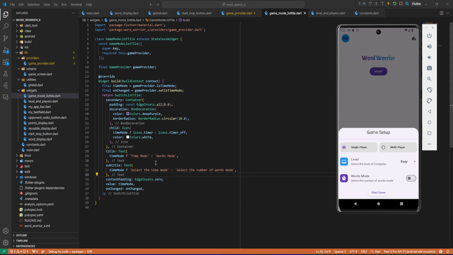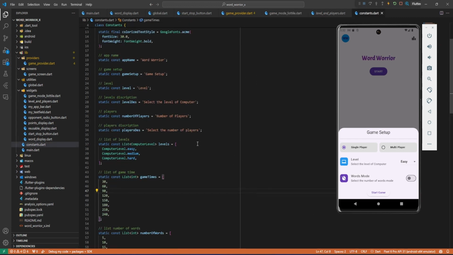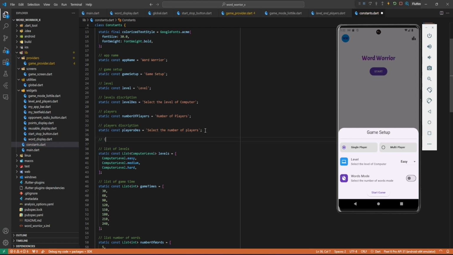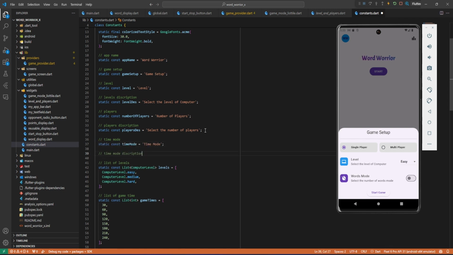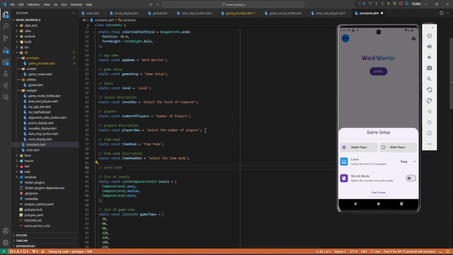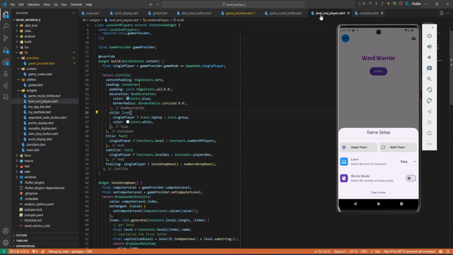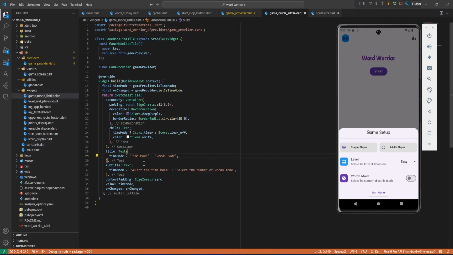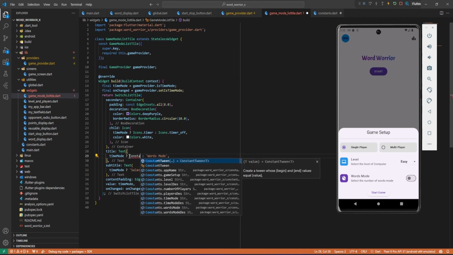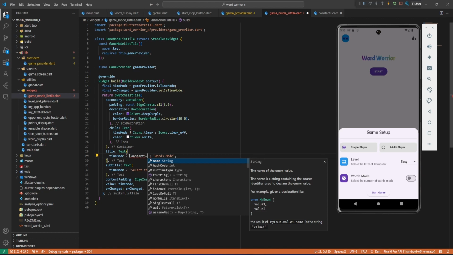great. So these, let's also have them as constants. Okay, so let's go to constants, and then let's create those constants. Time mode, and then next let's have a time mode description. Next let's have that. You can see how quickly we are doing this because we have an AI assistant. Okay, so now let's just go back here. Let's close that, back here, and then we simply going to call our constants dot